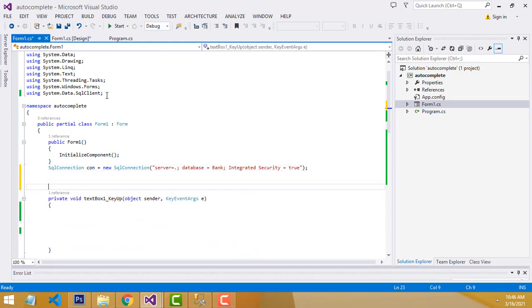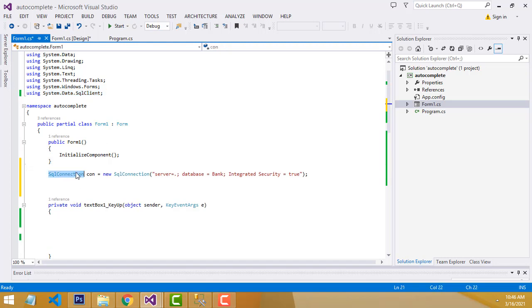First we have to specify the namespace of SQL Server using System.Data.SqlClient. You have to import the namespace first. After that we have to write the connection properly: SqlConnection con, create the object, con = new SqlConnection. These are the connectivity details. Server dot